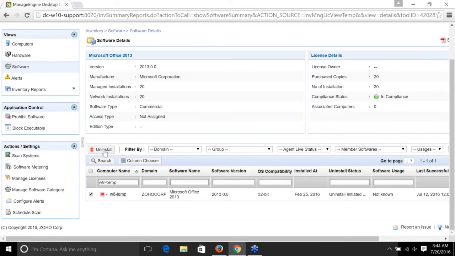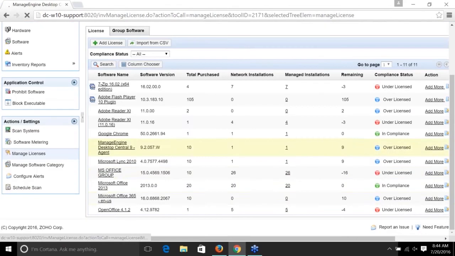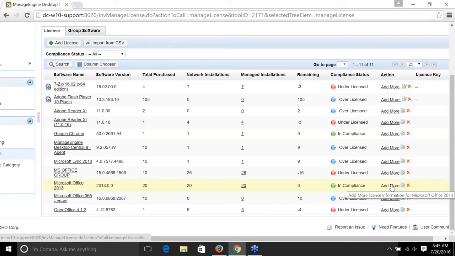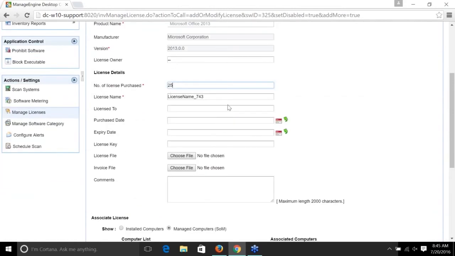So now I don't have any other option. I have to raise a request. So I raised a request, and I got Office 2013 licenses approved. And now I need to distribute these licenses to the 25 new user computers. How can I do that? I can go to the existing license itself under Manage Licenses and use the Add More option. And now I can enter the 25 newly purchased licenses